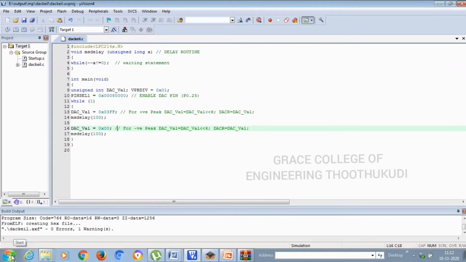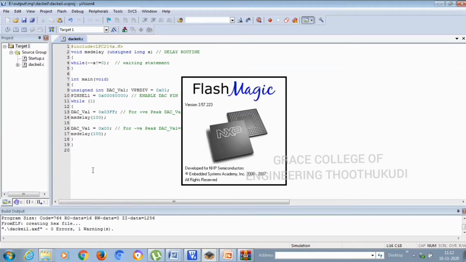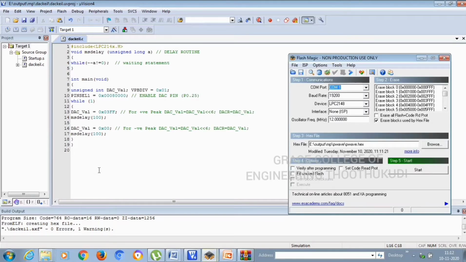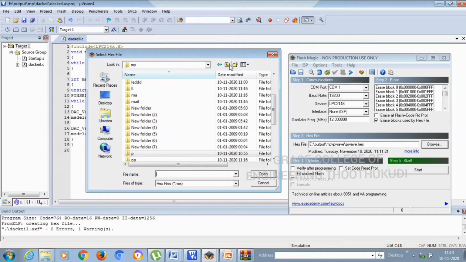Now you can open the FlashMagic software and download the hex file into the kit. Using the FlashMagic software you can download it into the kit. COM port settings should be the same. In step 2, erase, click erase block. In step 3, browse and choose that particular hex file. We have created the hex file